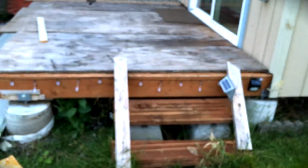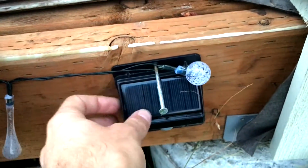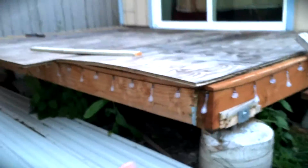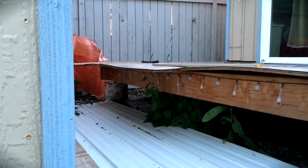By the way, these are not on right now. I'm purposely filming it at dusk when it's kind of light, so you can see them all spaced out right there and also see the line. If we were to start at this little guy, this black plastic that's not included, basically just from there all the way around here, and then all the way under there, all the way down back under there. So let's go ahead and show you the solar power,